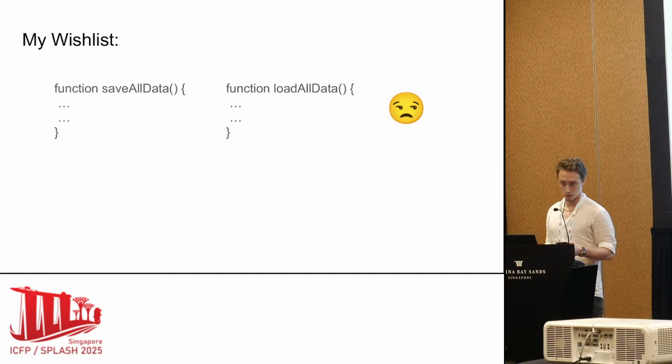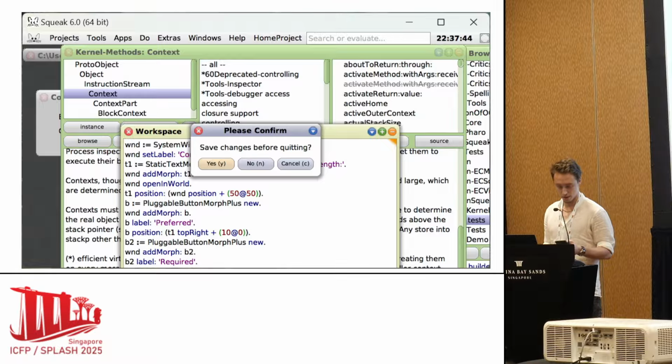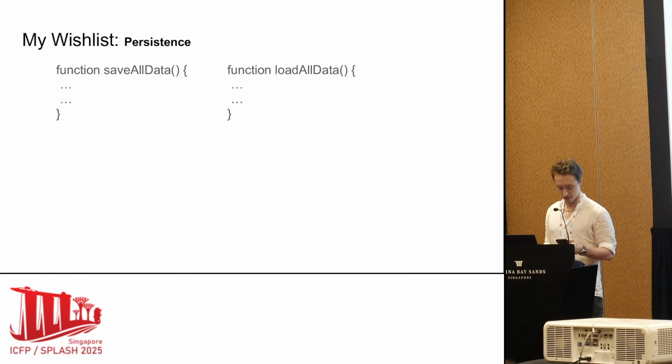Of course, the only Smalltalk I can actually run is a version that submits to the hegemony of generalized Unix. So when I close the VM, I get this message asking me to save. But I assume that if the VM crashes, then I lose some or all of my changes since the last save. I don't actually know how it works. But I have no reason to believe that this is essential to Smalltalk. And the important thing is that when inside the Smalltalk universe, I'm not writing, loading, and saving code at all. So persistence is the first thing on my wish list.